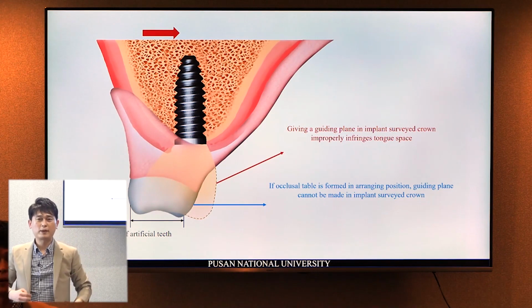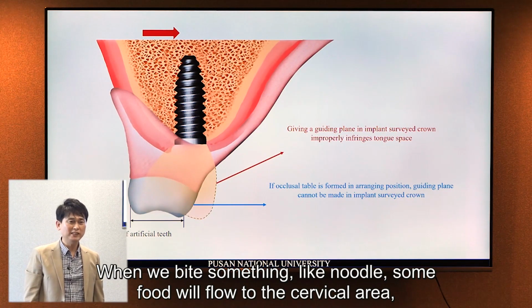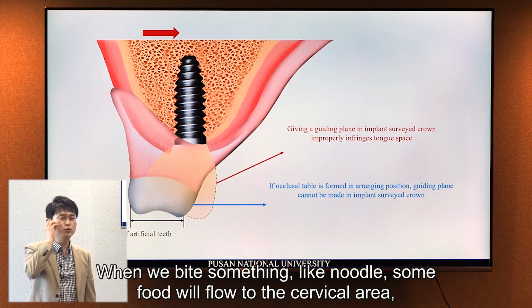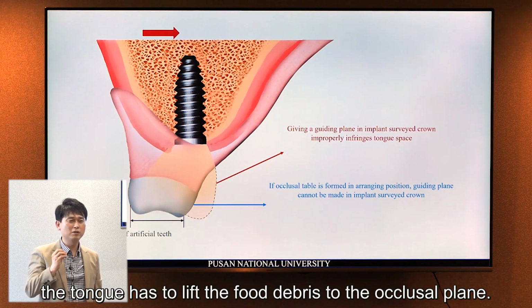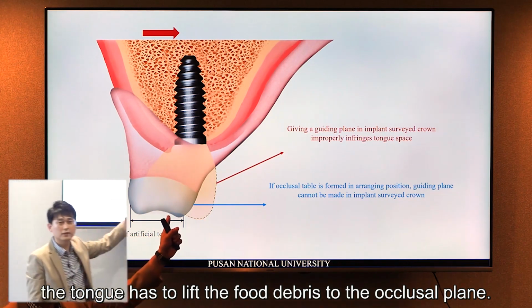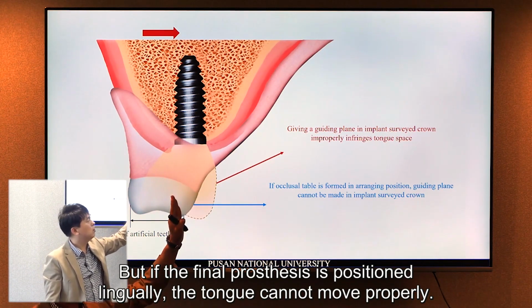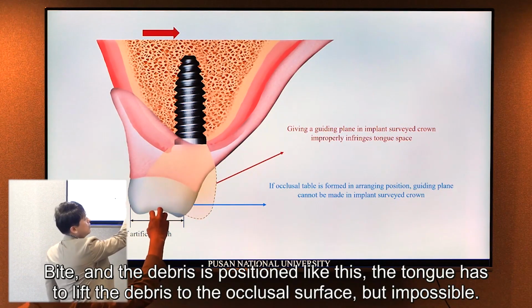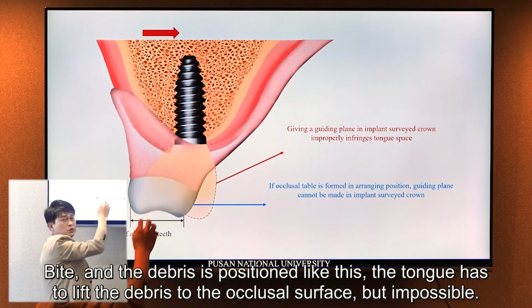What's the problem? What's the role of the tongue and cheek? When we bite something like noodles, the separated food will flow to the cervical area. At that time, the tongue has to lift the food debris to the occlusal plane. But if the final prosthesis is positioned on the tongue side, the tongue cannot move properly. The bite, and then the debris is positioned like this, the tongue has to lift this debris to the occlusal surface, but it's